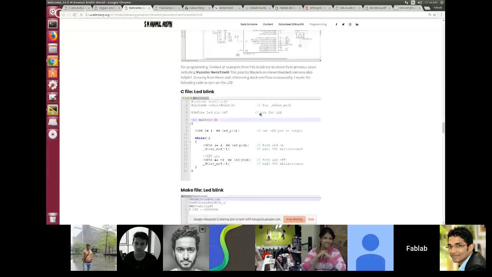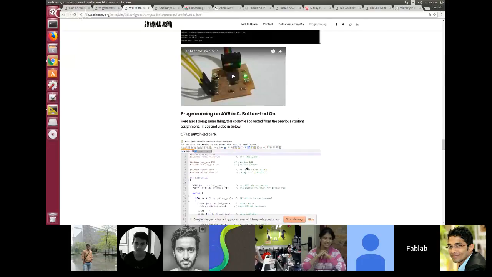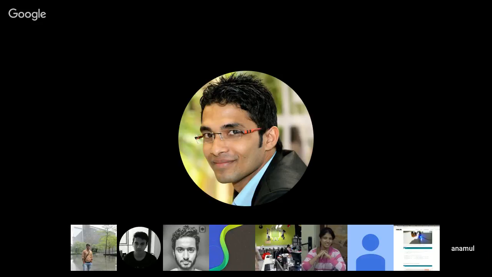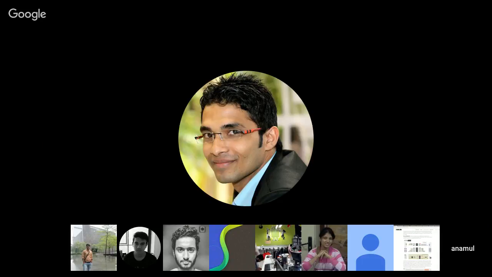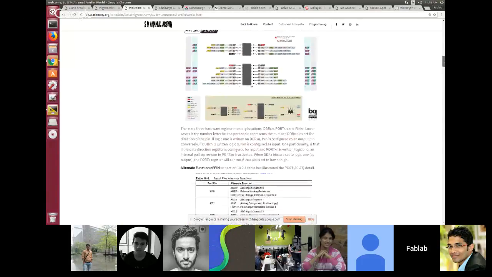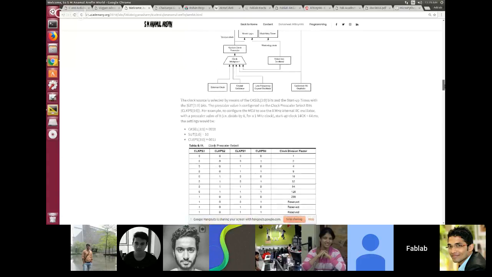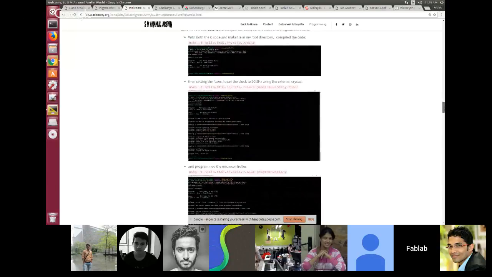blinking and also a button. Do you already have a background of electronics? No, actually I am an agriculturist. Okay. Are you using this for the first time? Yeah, it's the first time. I was just trying to learn Arduino last year, but C programming I had no idea. But this week I tried to learn some structure, actually how to write C programming,